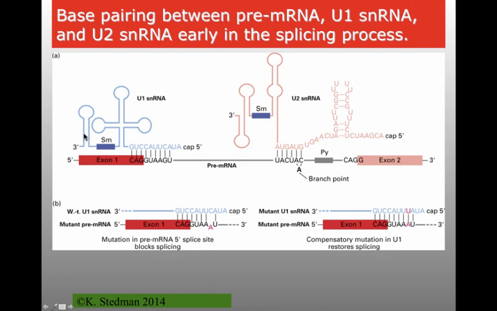It's all through RNA. So RNA is a really critical component of the splicing machinery because, through RNA-RNA base pairing interactions, it tells the spliceosomal machinery where your intron and exon boundaries are. So here, the U1 small nuclear RNA will base pair at the 3' end of one exon. U2 actually binds both at the branch point and here at exon 2 and brings these things together.